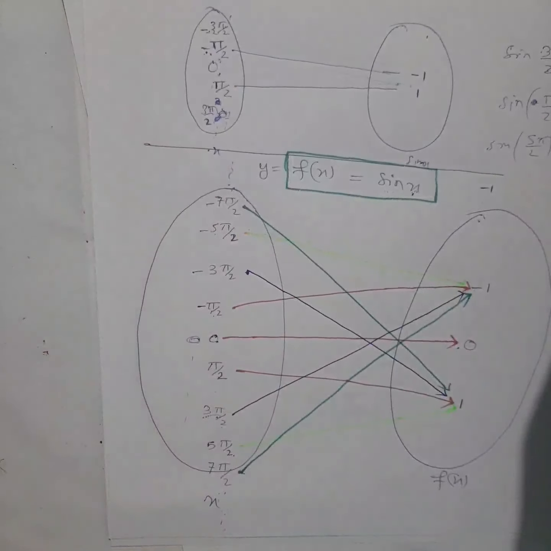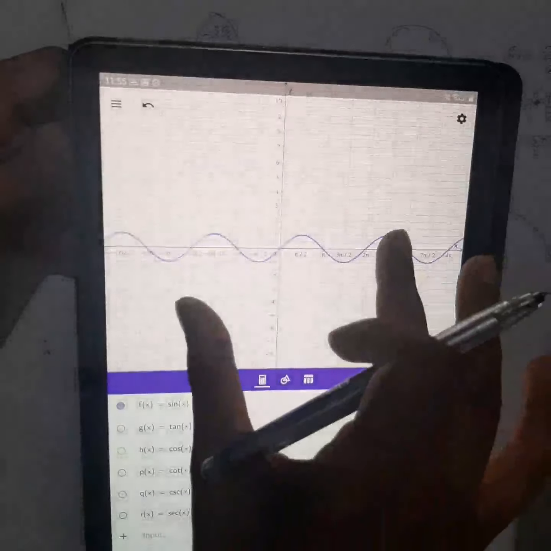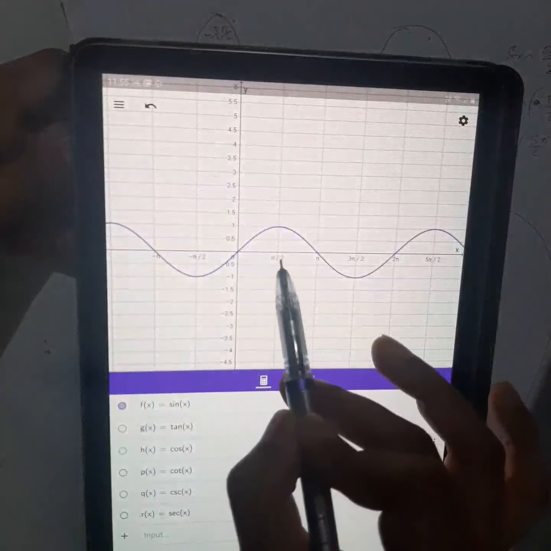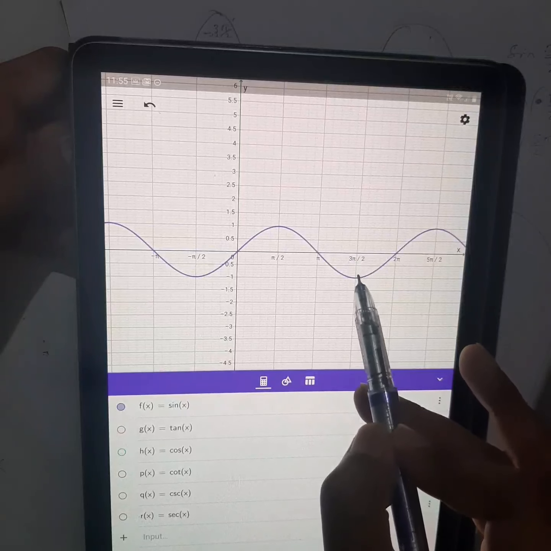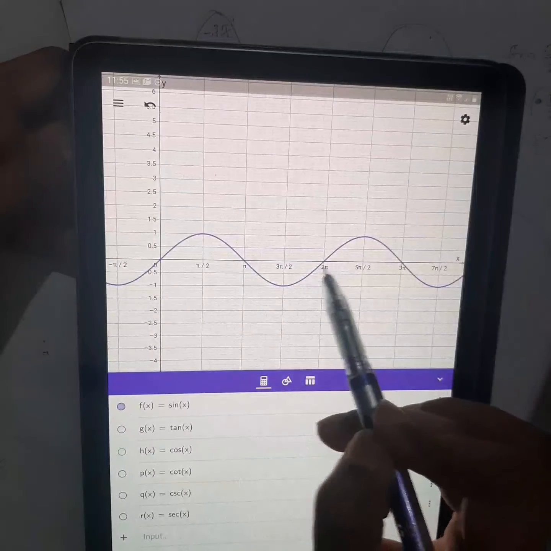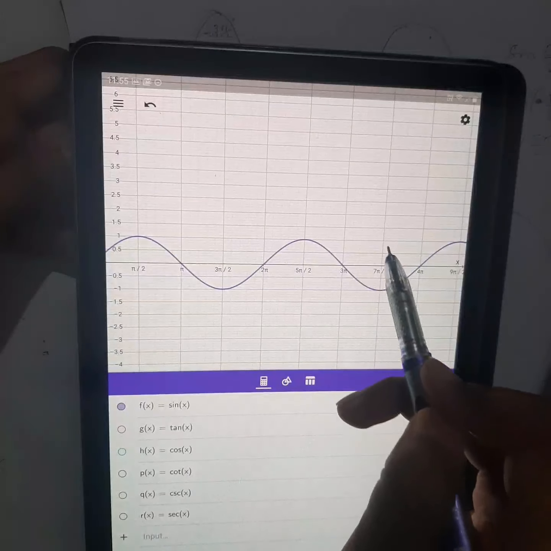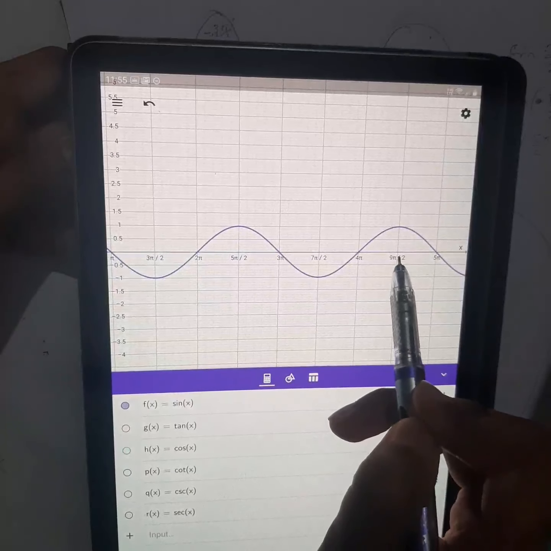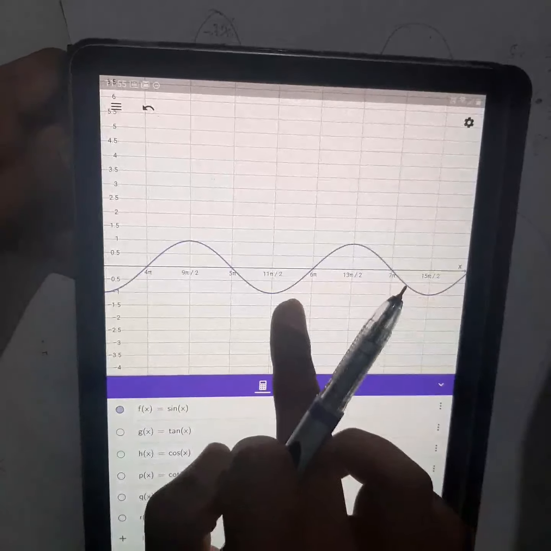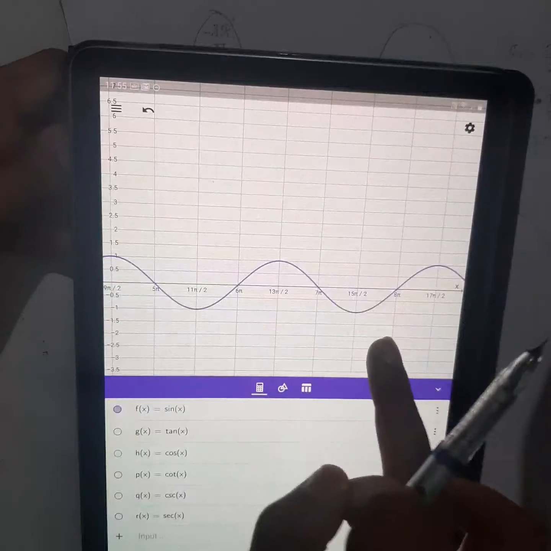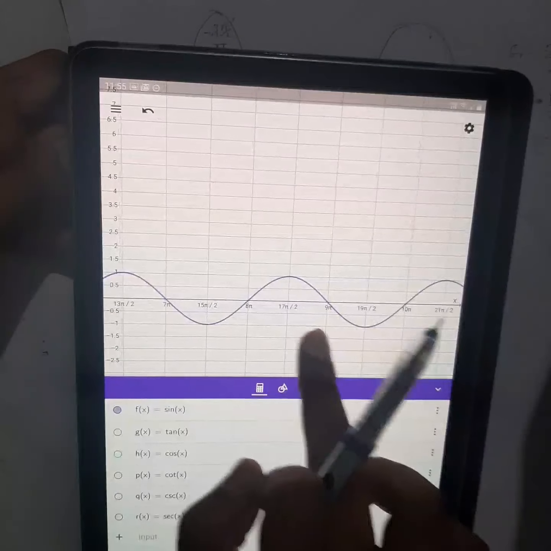And its graph I have already shown you, right? The graph is very important here. Graph is this one. You can see when I take x equal to pi by 2, your y is 1. When I take x equal to 3 pi by 2, your y is minus 1. When I take 5 pi by 2, your y is 1. When I take 7 pi by 2, again y is minus 1. 9 pi by 2, again 1. In this way, you can see in odd multiples you always get minus 1, 1. Odd multiple, 15 pi by 2 gives minus 1, 17 pi by 2 gives 1, 19 pi by 2 gives minus 1. Can you see?